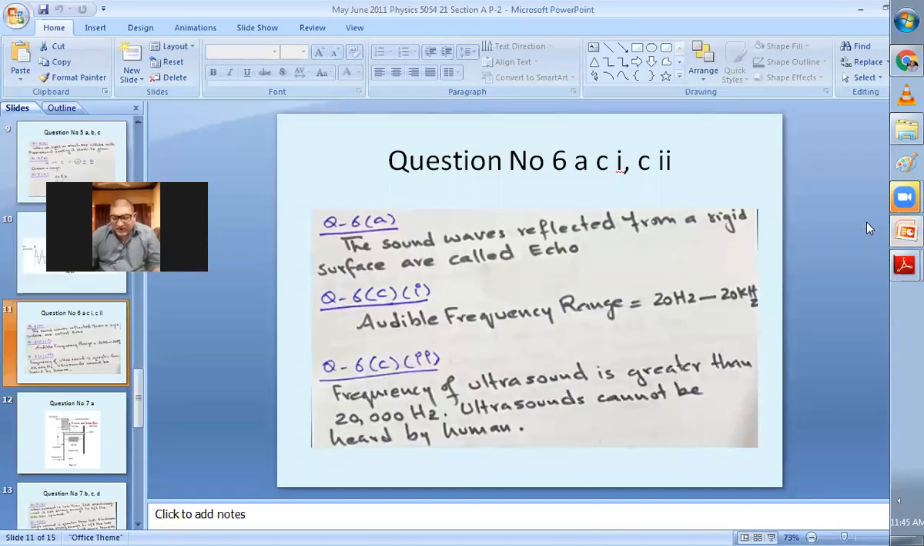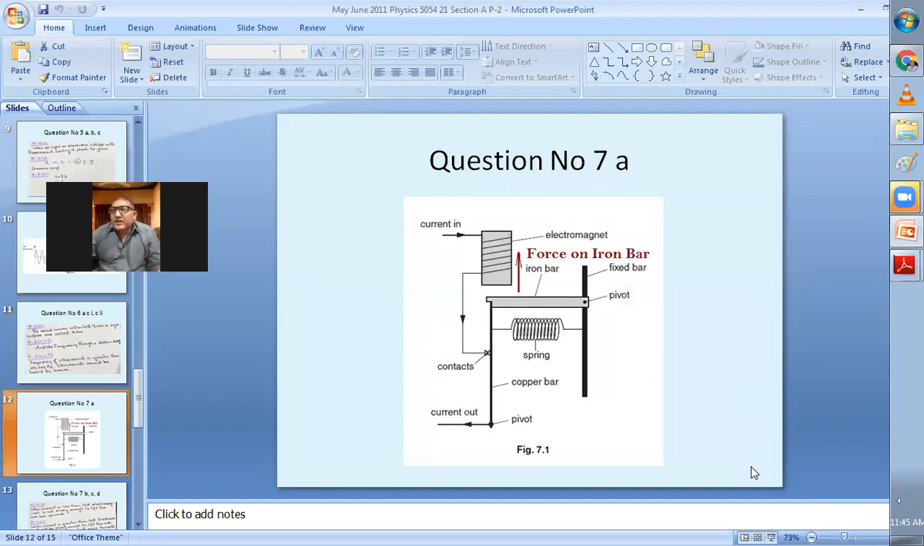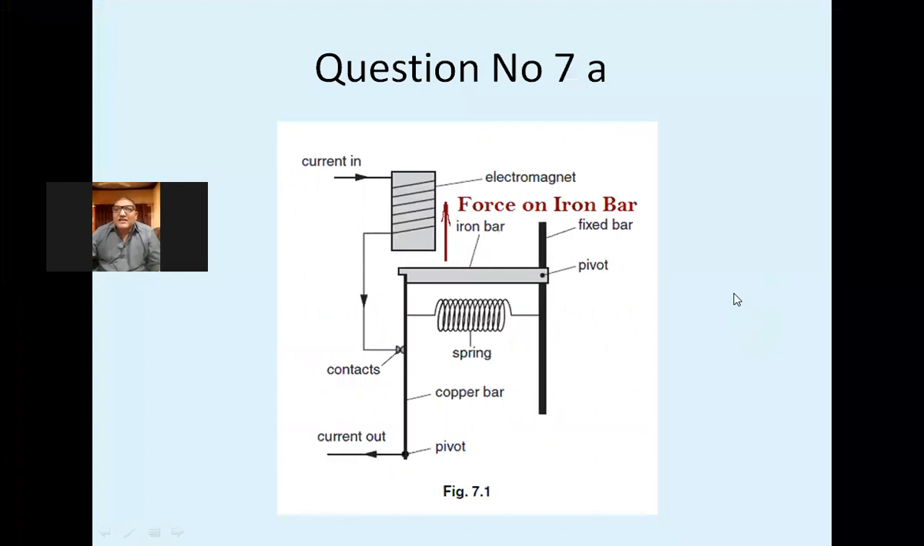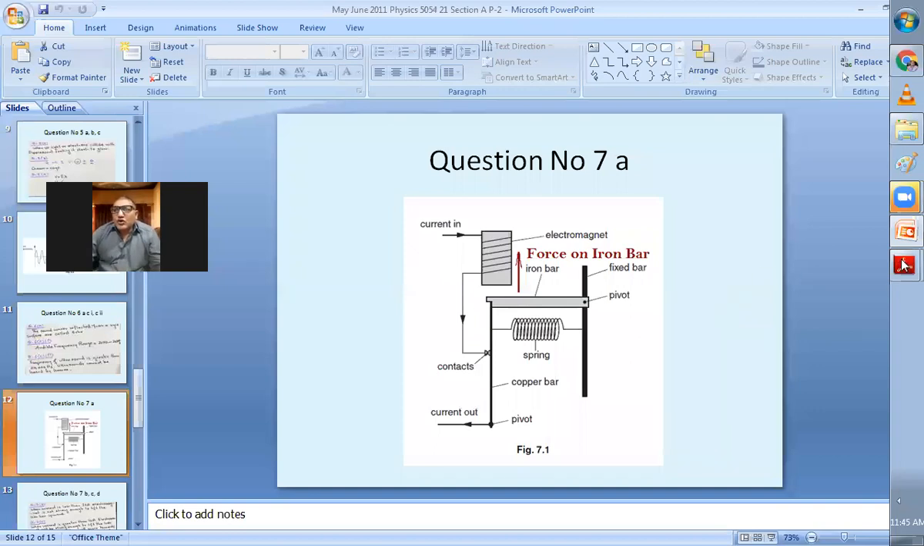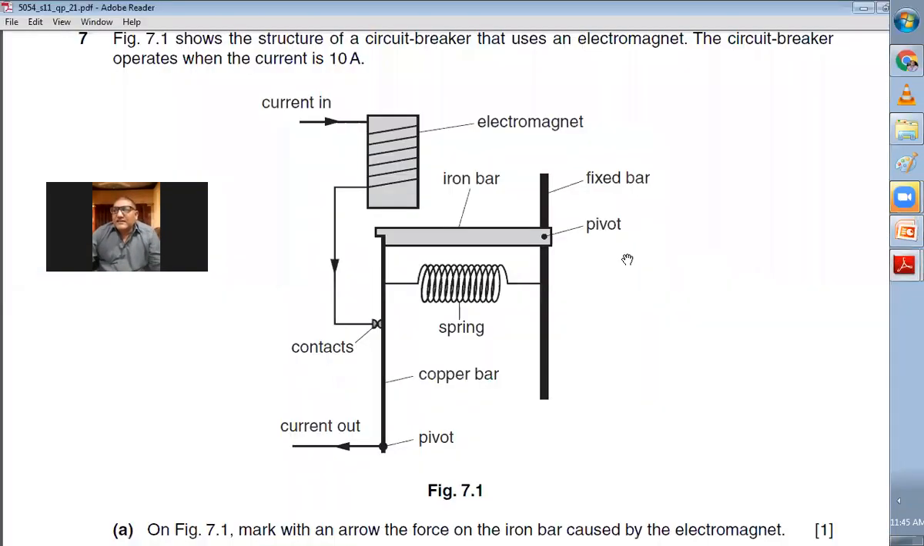Let me show you my diagram. So here you can see that I have drawn this. I have marked here the force which will be experienced by the iron bar due to the electromagnet, and that force will be in the upward direction. So the force on the iron bar, you can see clearly I have shown with an arrow. So let's move to the next part. He says,